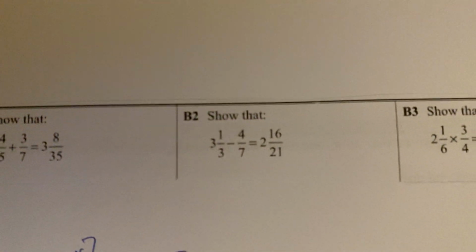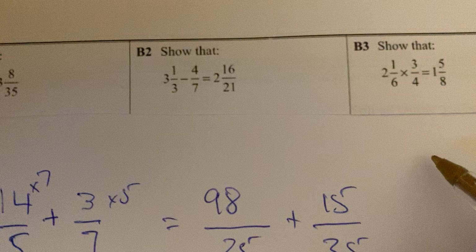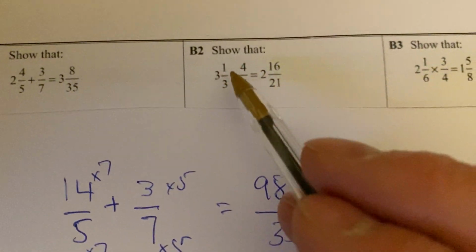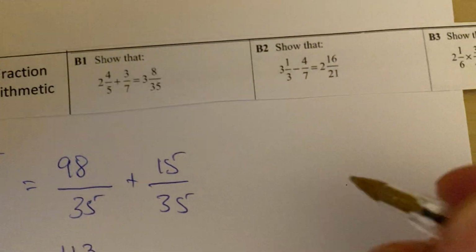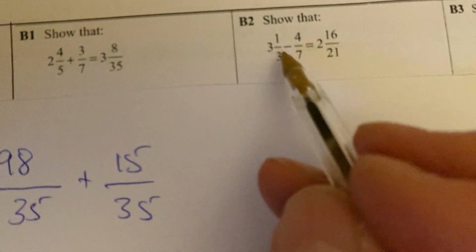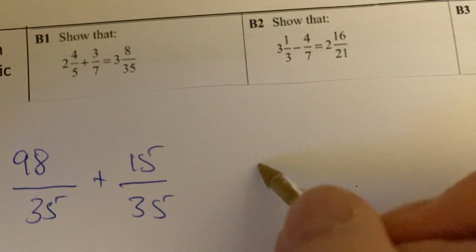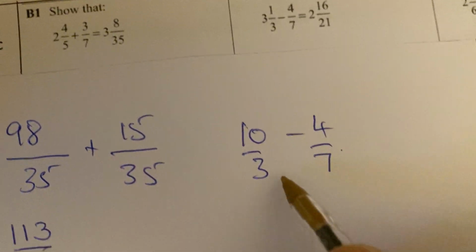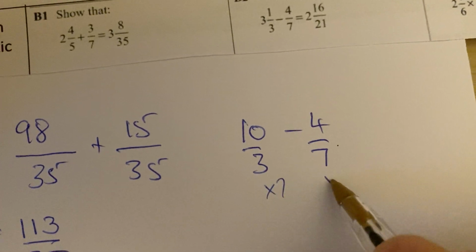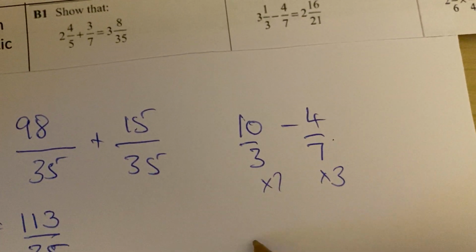As they want there. And then what you do here, again, the same idea, because it's a take away, you're going to create a top heavy fraction there. So let's move that paper across there. There we go. And so that's going to be 3 3s are 9 plus 1 is 10. So 10 over 3, take away 4 over 7. So again, same idea, times that by 7, times that by 3. So that's going to be over 21,